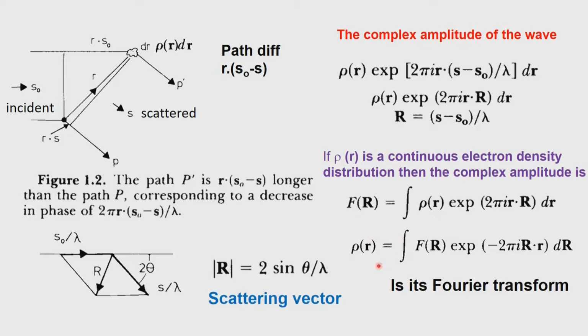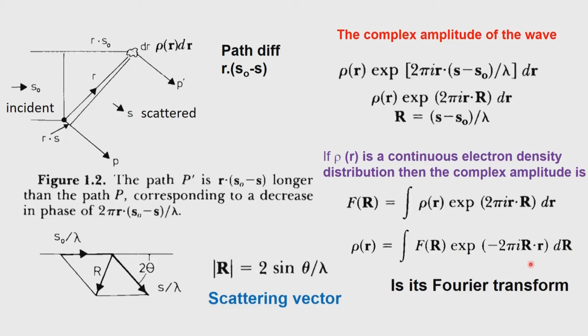So, the way in which we process this protocol is known as refinement. So, we go back and forth, and as we go back and forth, we can get more and more accuracies associated with the rho of r calculated, and therefore, the F(R) which is calculated from the rho of r will be very nearly the correct structure, and we keep on repeating until the F(R) which is measured and the F(R) which is calculated eventually go towards 0. They may not go exactly to 0, but they go towards 0, and then we say we have determined the structure accurately.